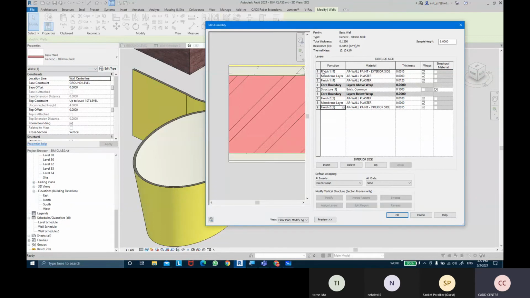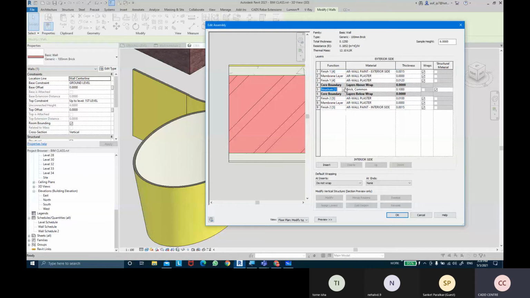So whatever our finishing material is will go into finishing functions, whatever our water coating material is will go into water coating. Now brick is a structural material, a core material, so it will stay as structure. We're not going to change it to substrate or thermal layer or any other layers.